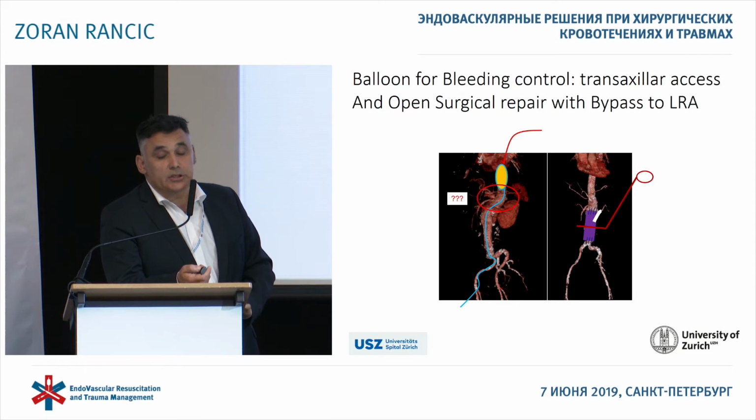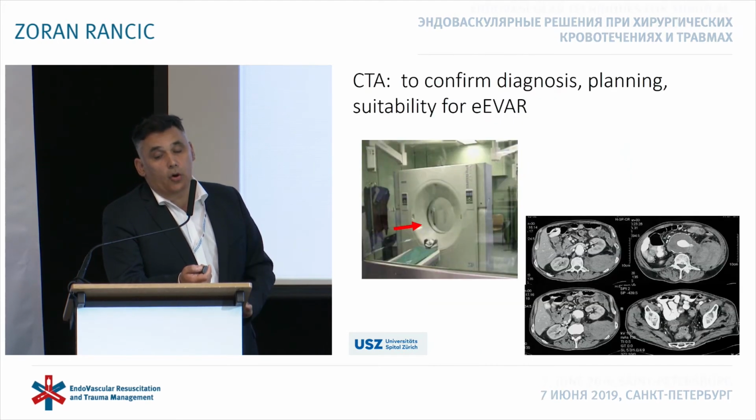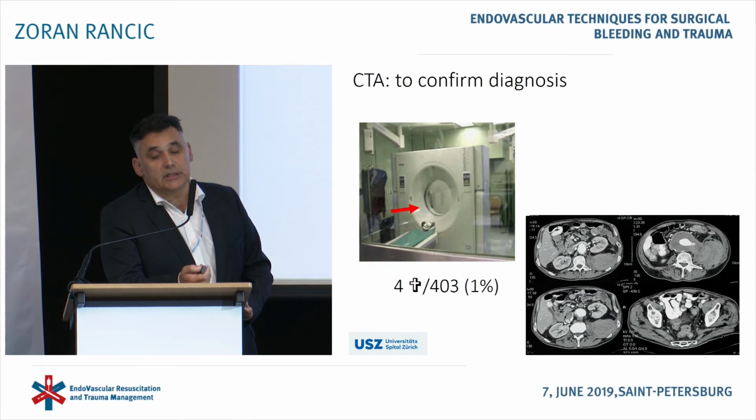What Tal did with a chimney, in these cases, it was not possible, and we like to do chimney, but we use a balloon to stabilize the patient as a tool for hemodynamic instability. What I want to share now is that it's important, if you want to treat a rupture case endovascularly, you always have to make imaging with CT angio. During this time, of 403 patients, we lost only 4 patients. This is 1%